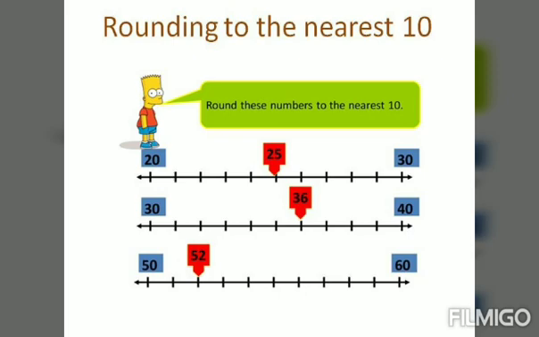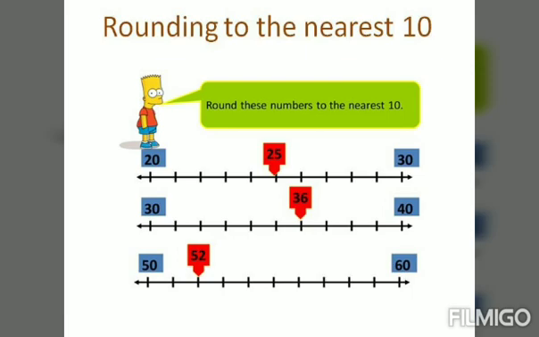Here we are going to learn how to round off the numbers to the nearest 10. Let us consider a boy standing at 25. His ones place number is exactly 5. As we have just read, 5 or more, we have to move to the highest 10. He is standing at 25. The highest 10 is 20 or 30. 30 is the highest 10.